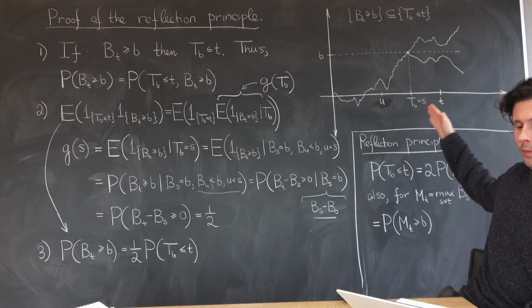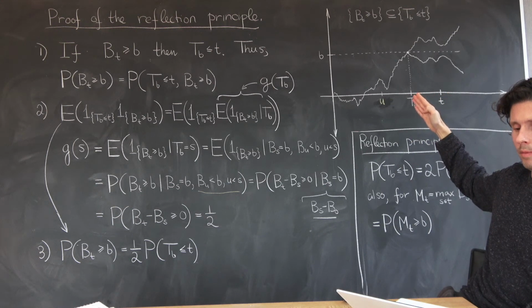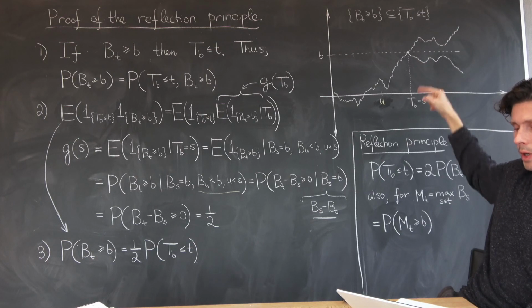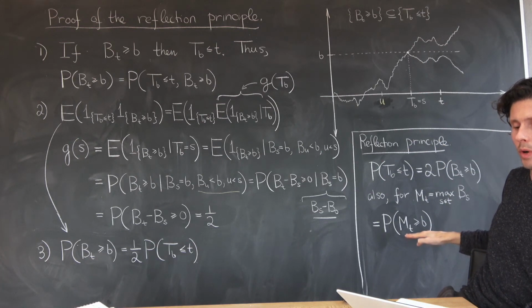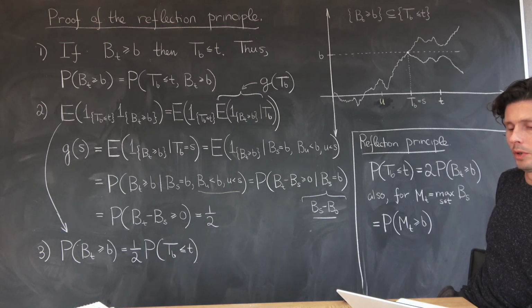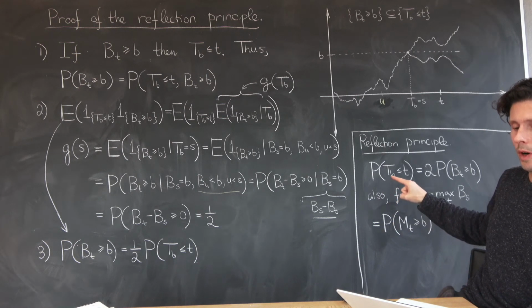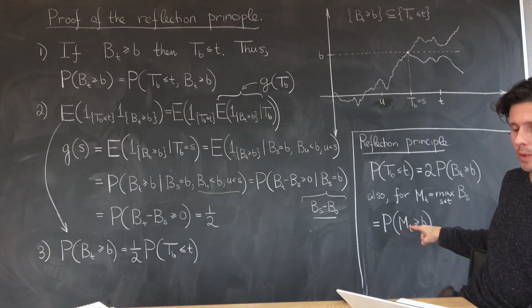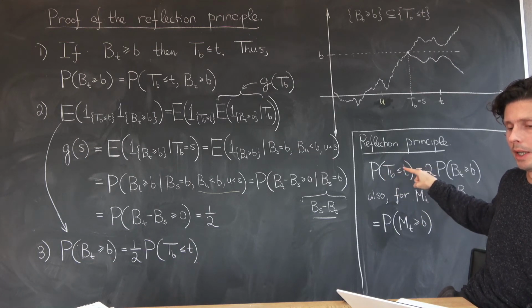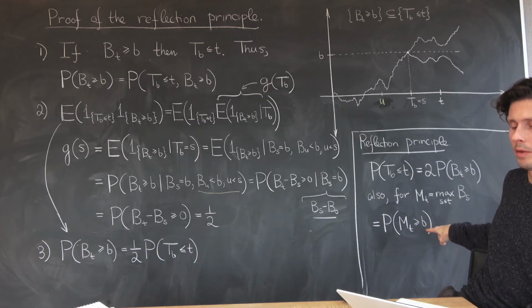Why is that? Well, if the hitting time came before, then it must have already hit the level B, and then potentially it could have gone even higher or it could have gone lower. It doesn't matter. The maximum was still recorded at the level B, and whether it exceeded it further or not is not what's being asked. What's being asked is whether that maximum is at least B, and because we've already hit the level B, that must be the case. So that's the application going from this direction to this direction. We now know that T_B less than t is a subset of M_t greater than B.